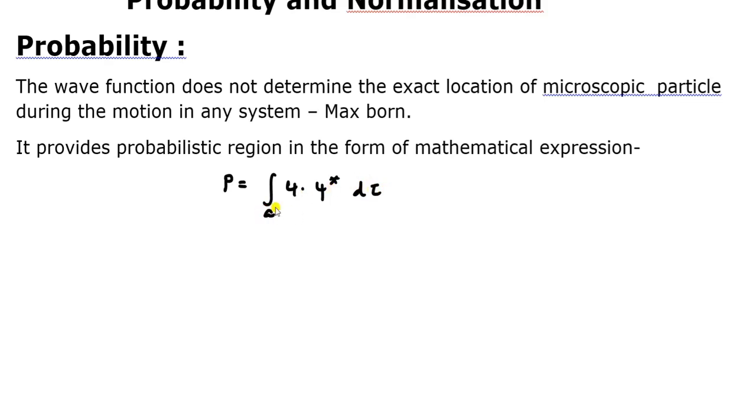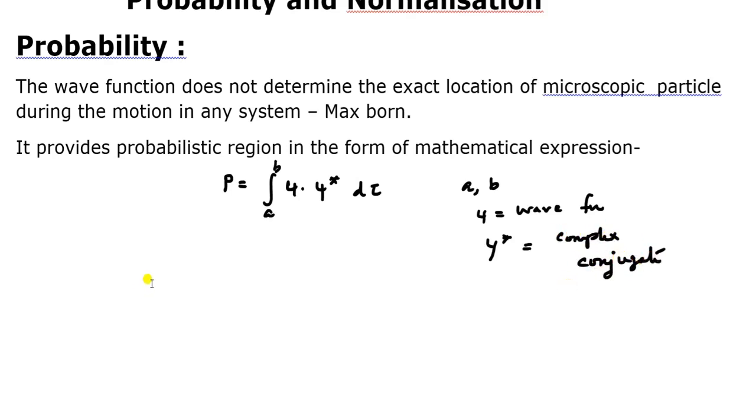The range is A and B, the desired region in which we have to determine the probability. Psi is the wave function, and psi star is the complex conjugate. The d tau